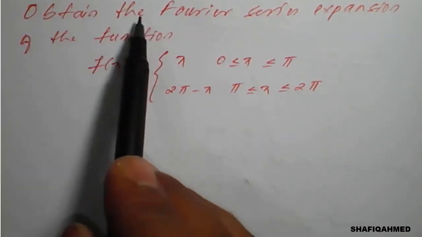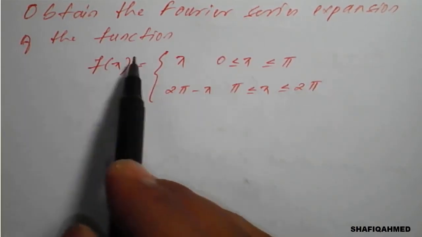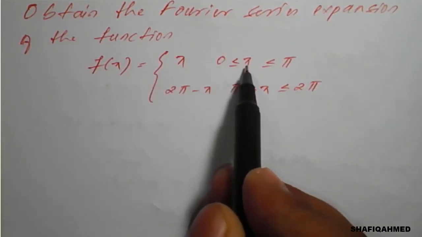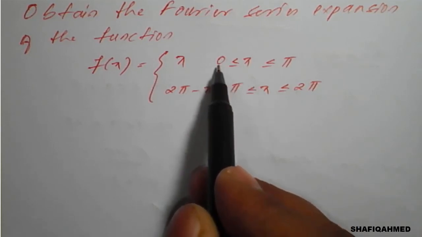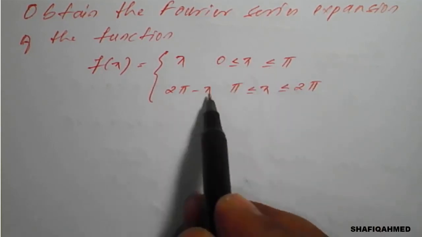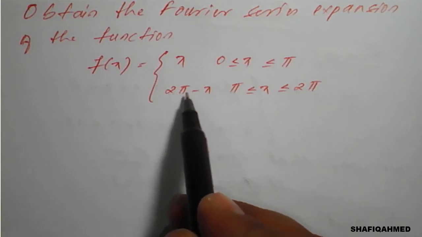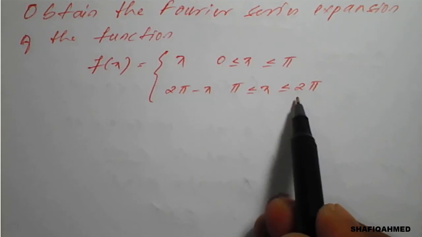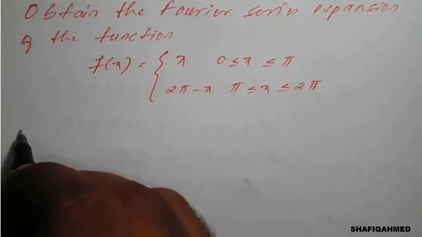The problem is: obtain the Fourier series expansion of the function f of x is equal to x, where x is greater than or equal to 0 and less than or equal to pi, and another function 2 pi minus x, where x is greater than or equal to pi and less than or equal to 2 pi. Solution: